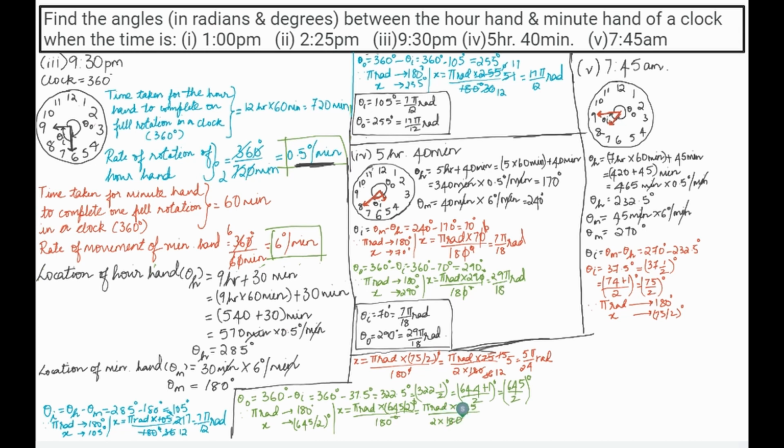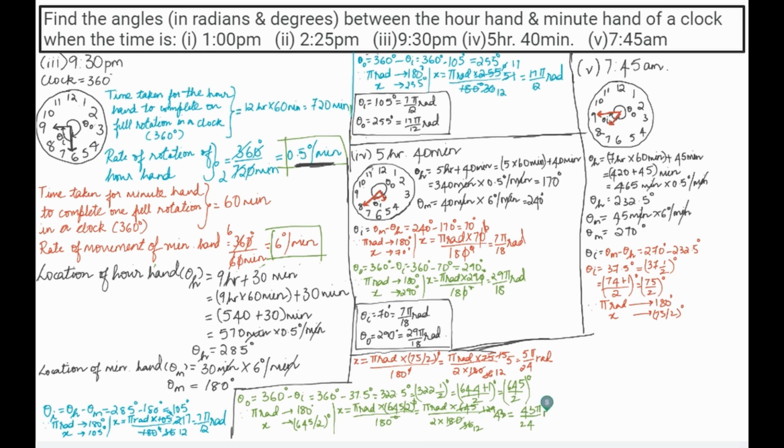So 5 into 36 is 180 and 5 into 129 is 645. 3 into 12 is 36. 3 into 43 is 129. So, which is equal to 43 pi by 24